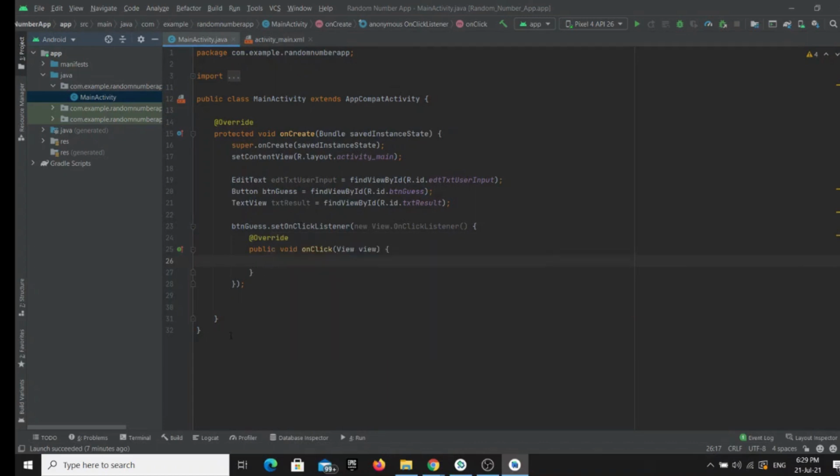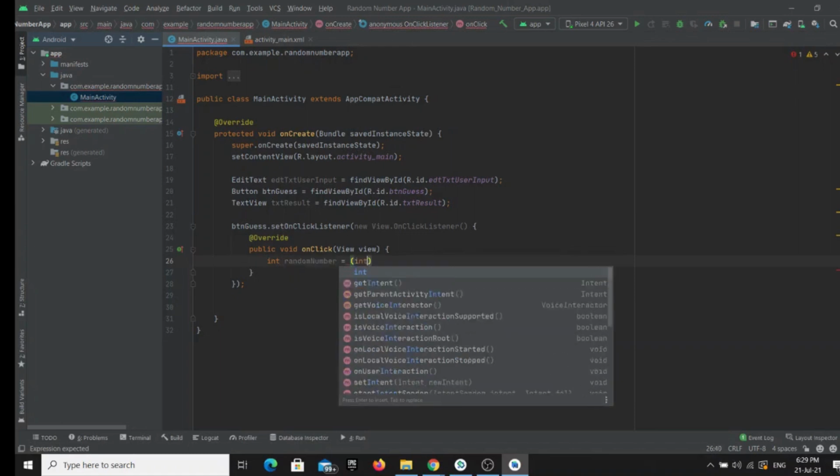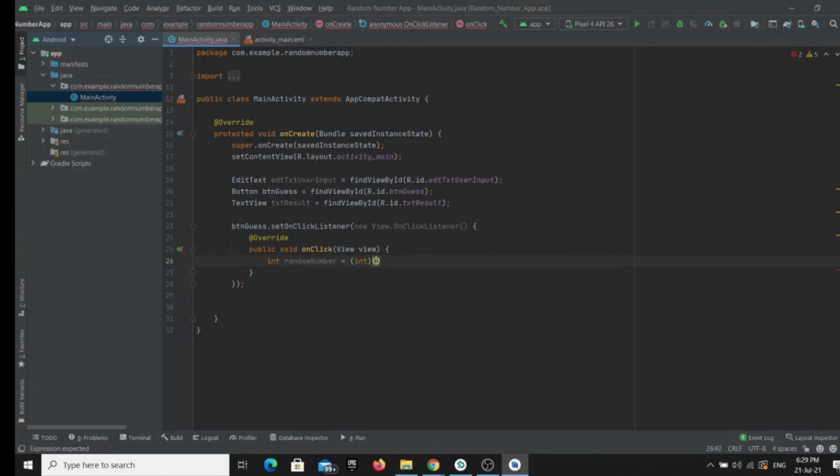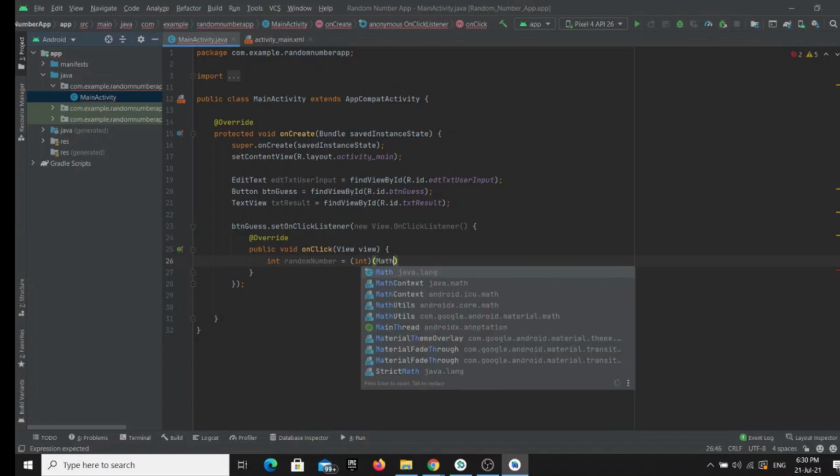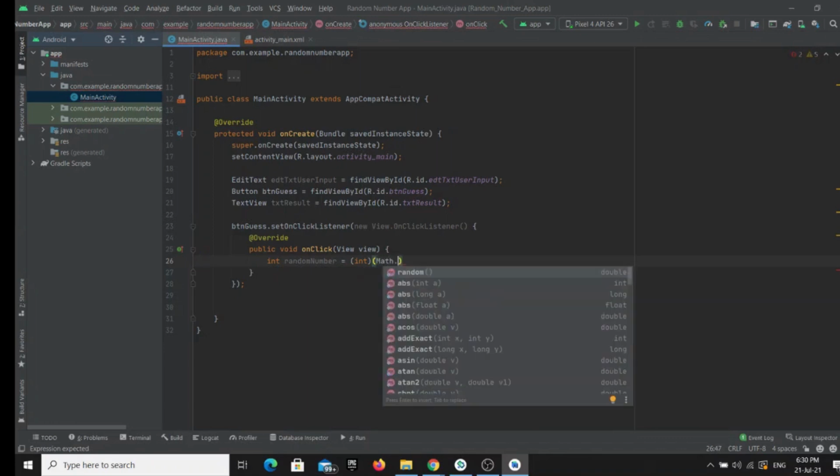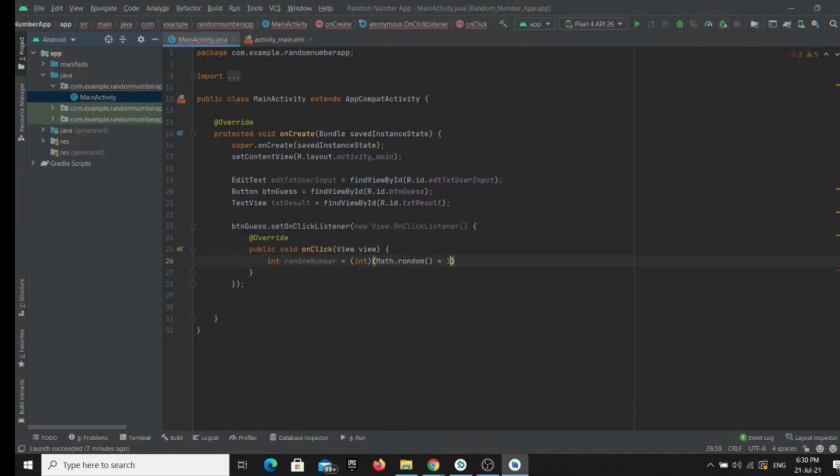Each click is a new number. So let's start. Int randomNumber is equal to Integer.parseInt, here we have to parse it because it will give us a different number, Math.random, multiplied by 100. The reason I'm multiplying by 100 is because if you leave it empty, it will return a float,